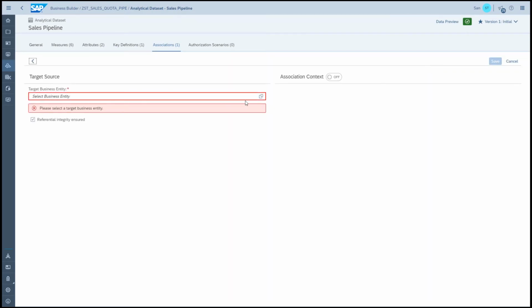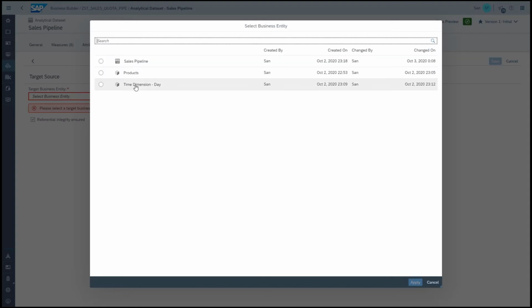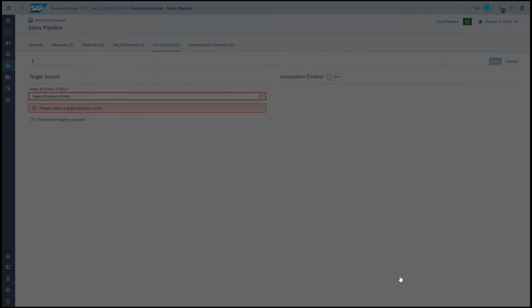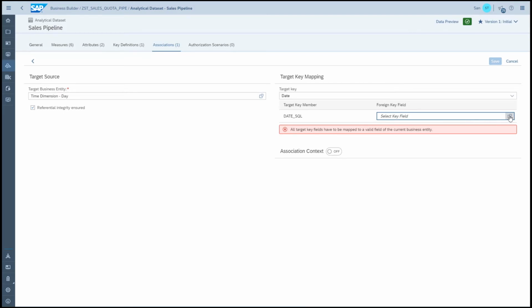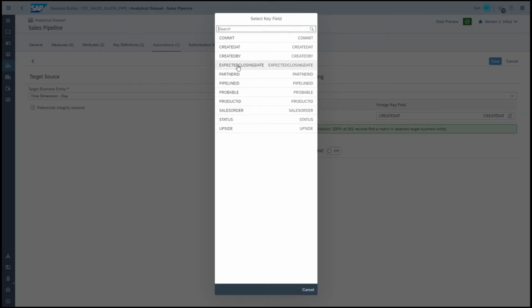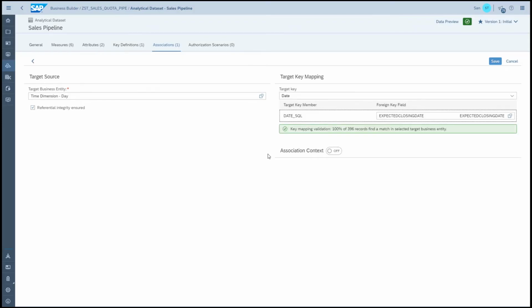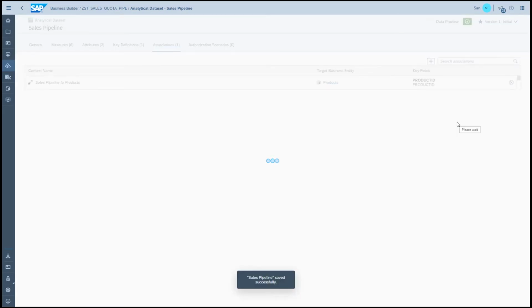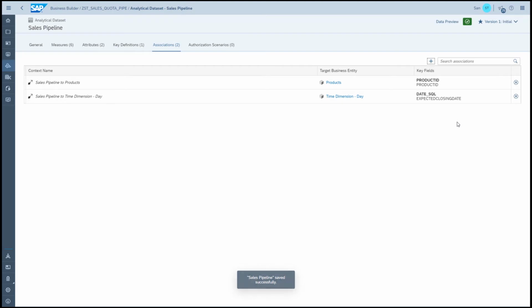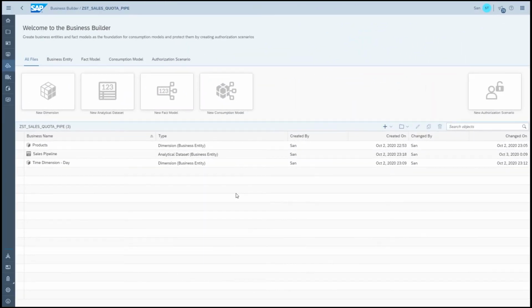Now let's add also another association towards the time business entity. And here I'm selecting the expected closing date as my foreign key. Let's save it. With that, we have also laid down now the foundation for the business analyst to create his models on top of it. For that, we are creating a new consumption model